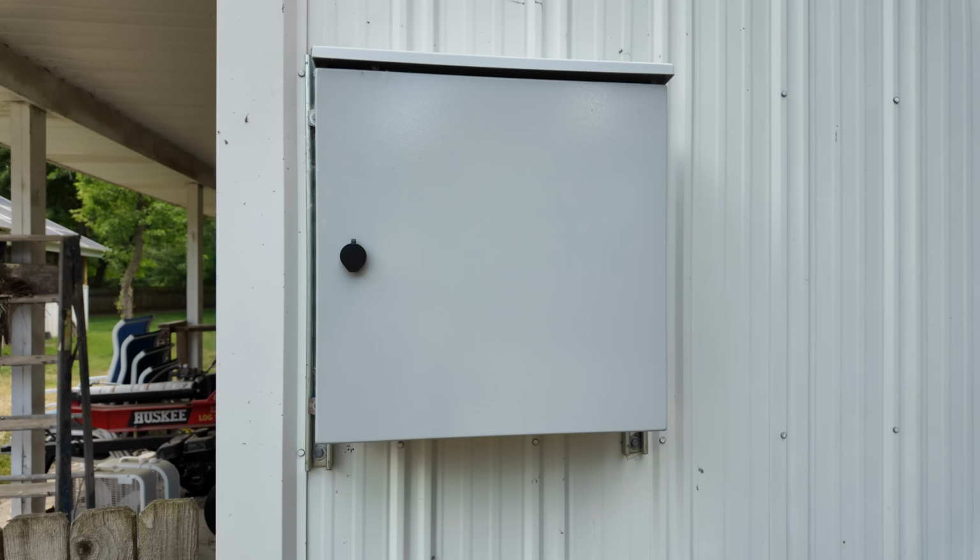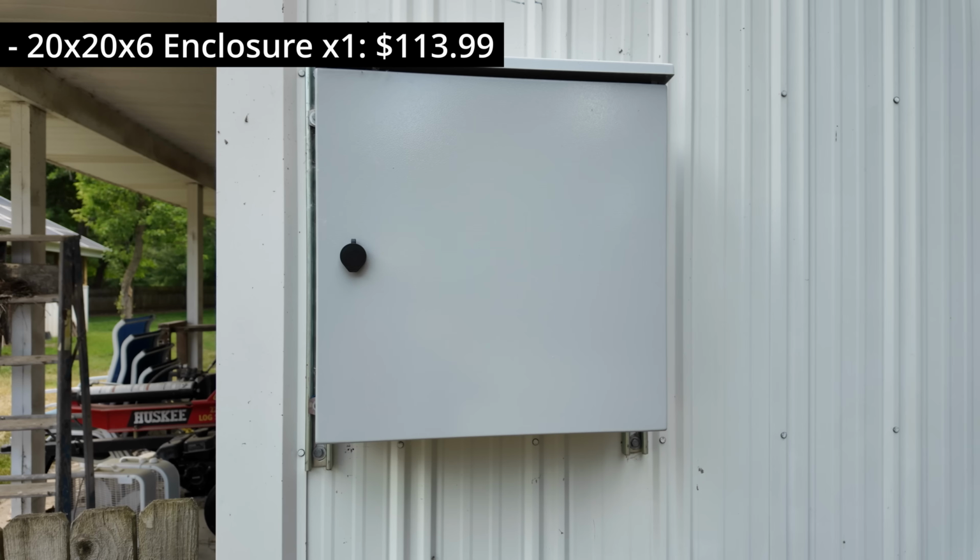I did want to go into kind of a price comparison between a DIY and a pre-built combiner box. Obviously, everything outside of the box itself, the conduit, the wires running to the box, that's all going to be separate because you're going to incur those costs regardless. But if we take a look at the DIY one first, so this 20 by 20 by 6 enclosure that I picked up from Vevor, at the time that I purchased it, cost